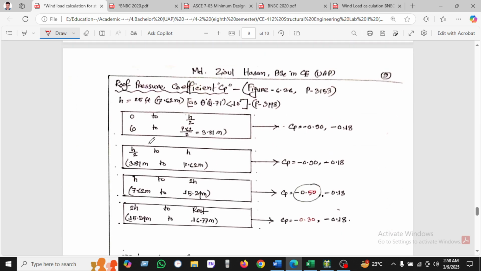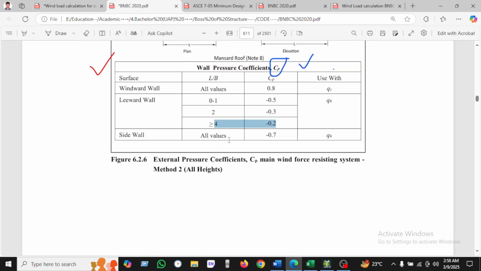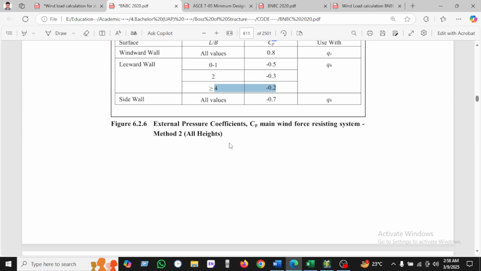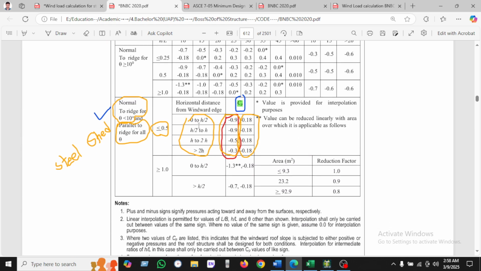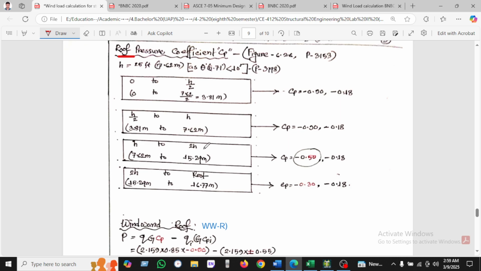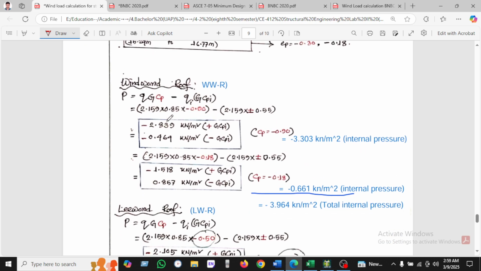Okay, so now we are seeing the rope pressure. As we have been seeing, these are the 4 types of roof, divided into 4 zones. We are putting these 4 zones as 0 to h by 2, h by 2 to h, and so on. So we have been using this formula. And windward roof, we can call this the 4-1. So for windward roof, when Cp is 0.90 and GCpi we have seen here, plus minus, we found these are all negative values, which is